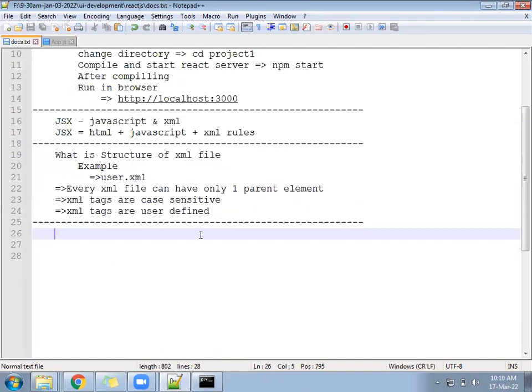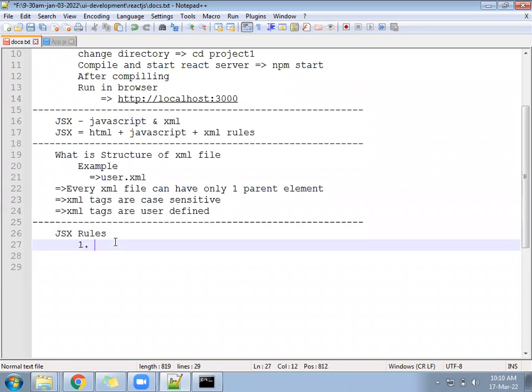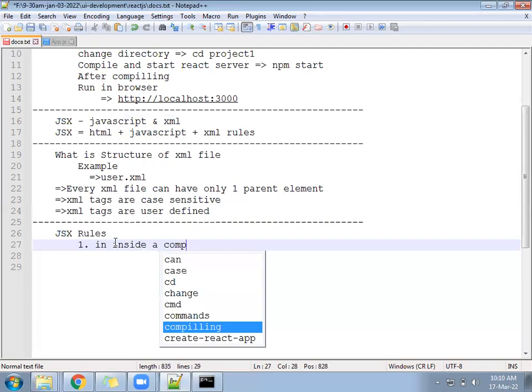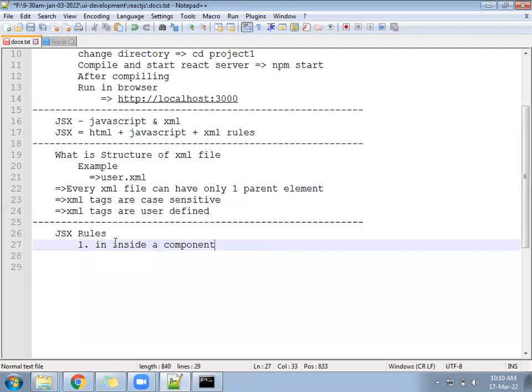Come to the developer guide. Write inside, rules of JSX. JSX rules. The rule number 1. If inside a component, meaning your React.js file, whichever we are going to create, each file will be considered as one component. If inside a component more than one